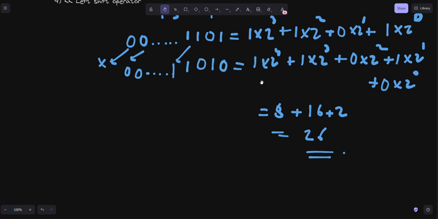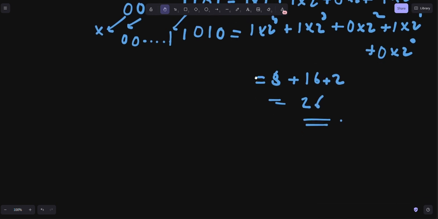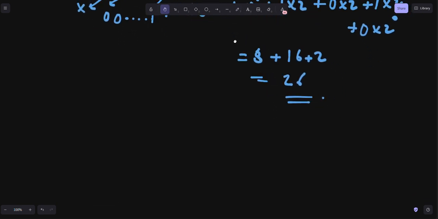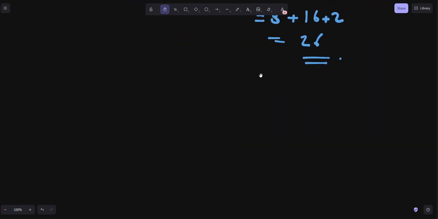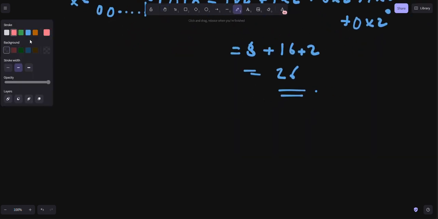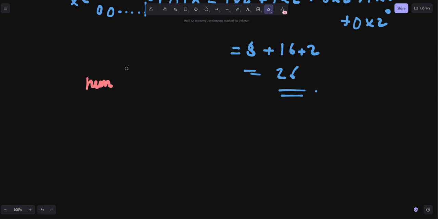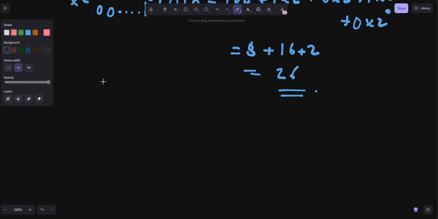So now you can also draw one conclusion for the left shift operator, as you saw here. I can write that as well. You can say that if there's a number x which is left shifted by k, then that x has been multiplied